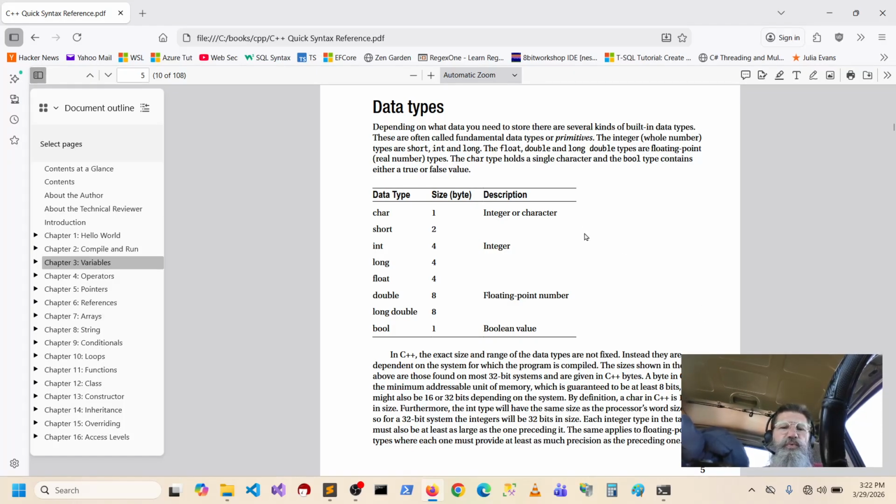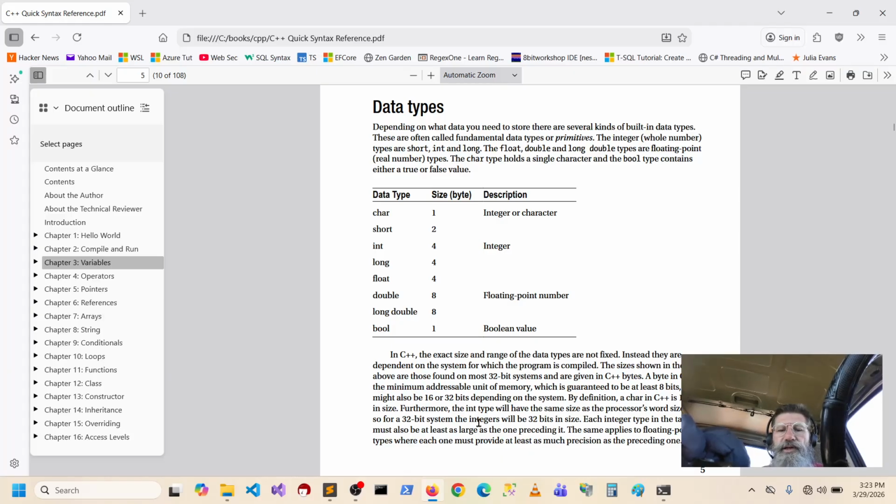Care just is weird to me because it makes me think of something that starts with a K. So I always say char. Furthermore, the int type will have the same size as the processor's word size. So it says it would be 32. So the word size is the register size. So on a 32-bit system, it's going to be 32-bit size there.